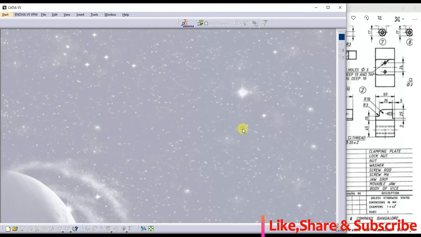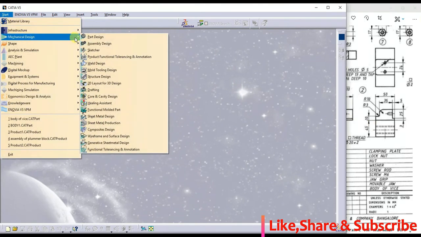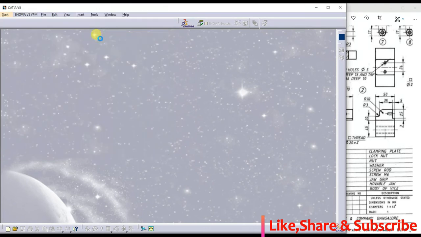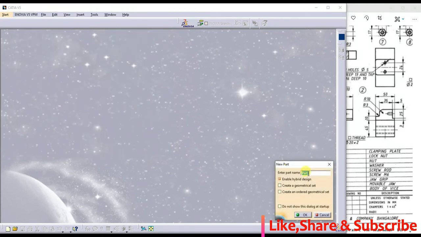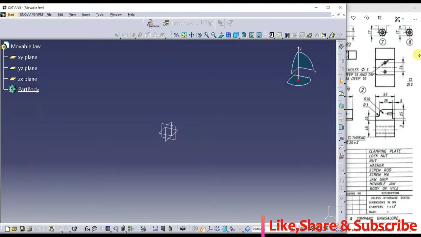Okay, so now I'll try to produce this part. Now go to the part design, movable jaw. I'll select this plane.